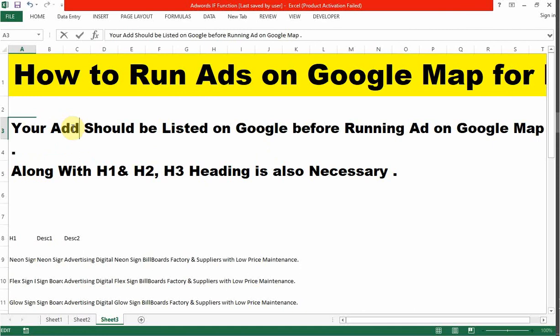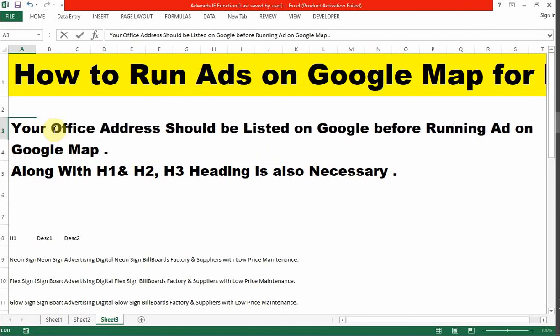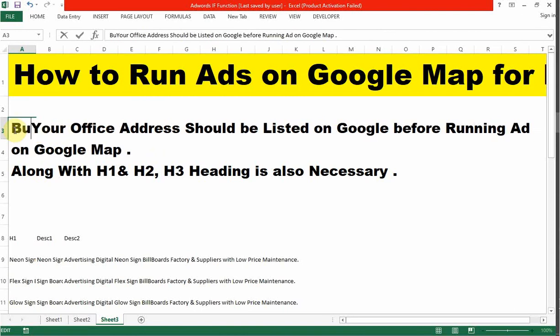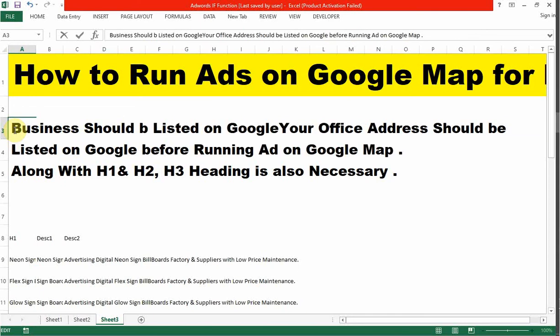It is the office address. Your office address should be listed on Google before running an ad on Google Map. That is called the business listing. Your business should be listed on Google or search engine.